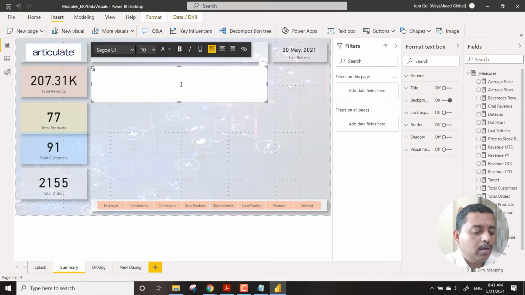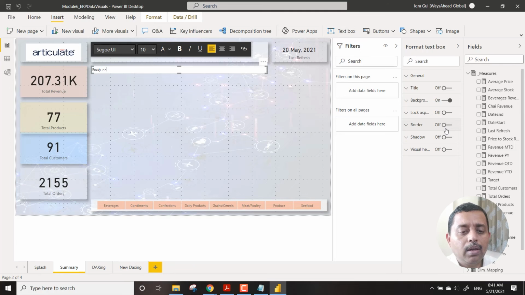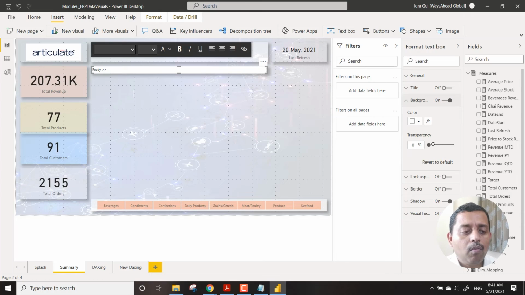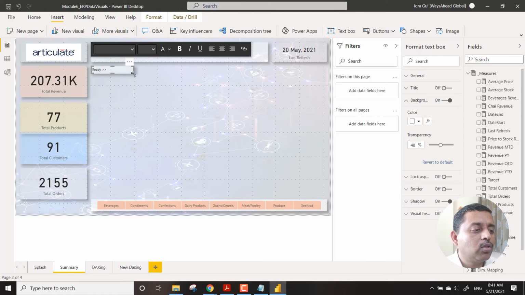So here we bring in some status bar, or we can just put "ready" or something like this. So we can just put some shadow and the same background with some transparency. So just to give some uniformity and aesthetics actually.